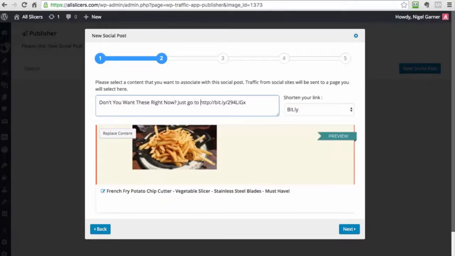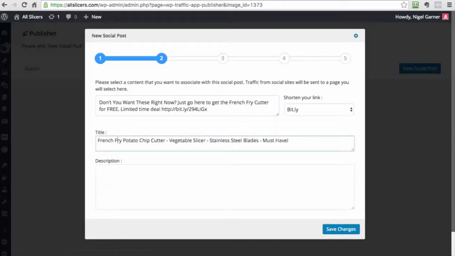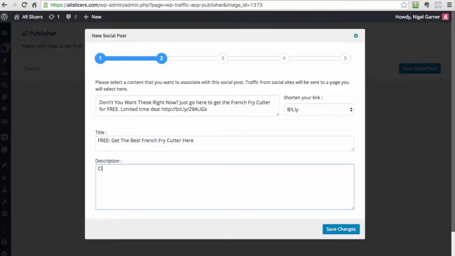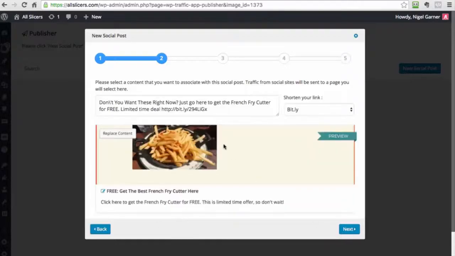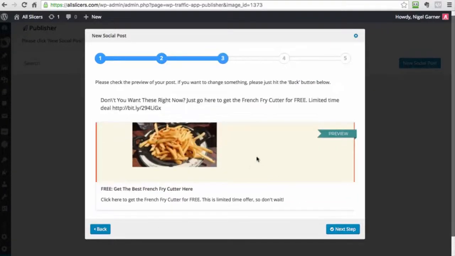Just go here to get the French fry cutter for free, a limited time deal. All right, something like that. And obviously you can then change the title here, free, get the best French fry cutter here. You can provide the description. All right, and click save, and now you have the message, you have everything, you select, and this is how